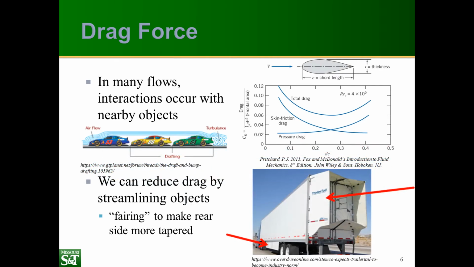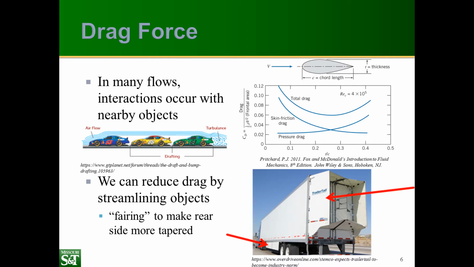We can also look at what we call fairing, or streamlining objects to make the rear side more tapered. What this does is it reduces the adverse pressure gradient and delays boundary layer separation. And delaying boundary layer separation helps us to decrease the drag. So we can use this on things like car mirrors and aircraft components to reduce drag by as much as